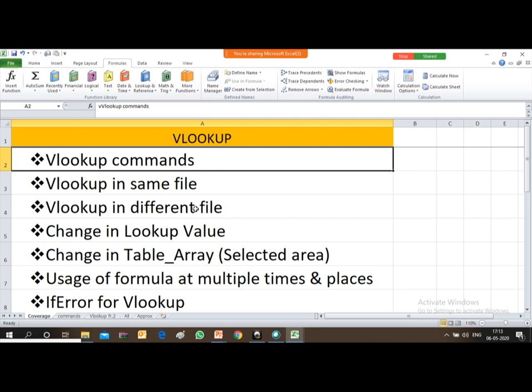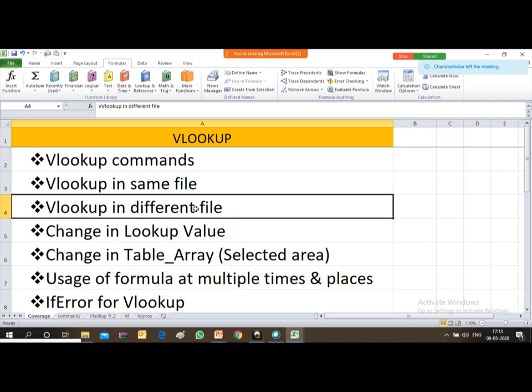Then, VLOOKUP has three different scenarios. If you are using VLOOKUP in the same file, there may be two scenarios: VLOOKUP in the same sheet, and VLOOKUP from a different sheet in the same file. And then VLOOKUP from a different file. These are the three scenarios you have to always keep in mind.